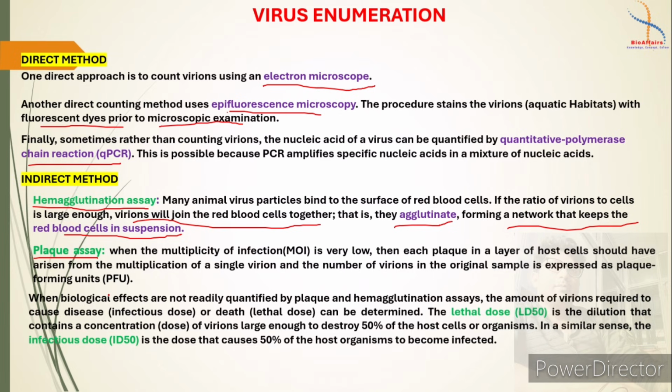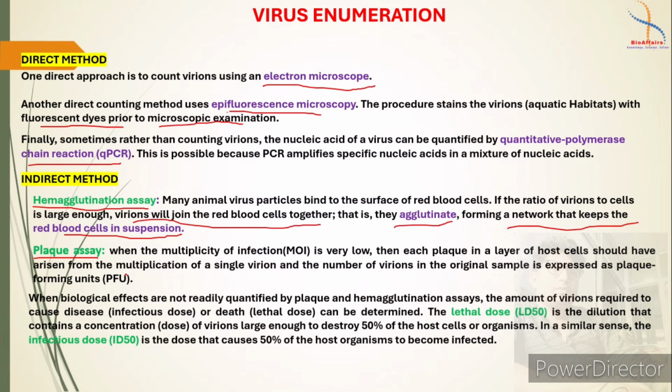And the plaque assay I have already talked about in my virus part 2. If you have not seen part 2 of the Virology Decoded series, then please go there. I have given the formula through which MOI, multiplicity of infection, is calculated, as well as the detailed view of PFU and CFUs, plaque forming units, where you can see or calculate the number of plaques in a sample during culture.